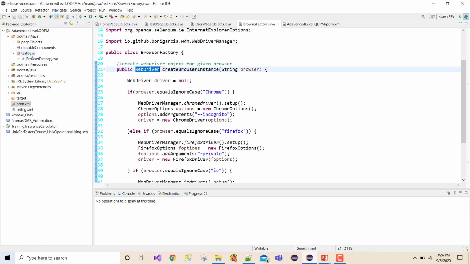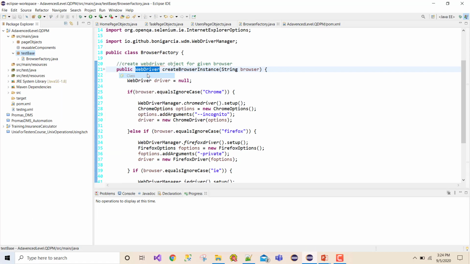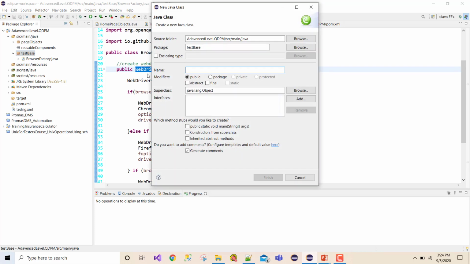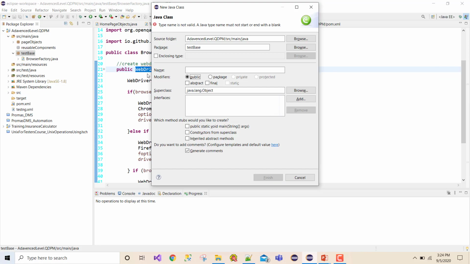So to do that I'm going to create one more class called, what should I call this? What did I mention over here? Driver factory. We can give any meaningful name. Let me give it as driver factory.